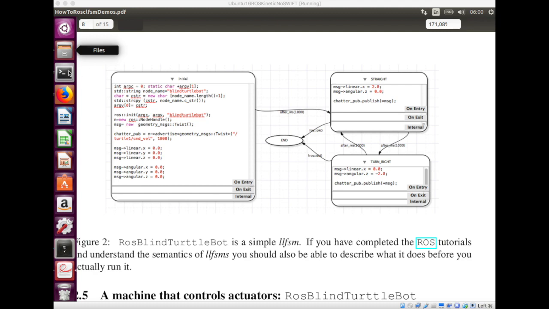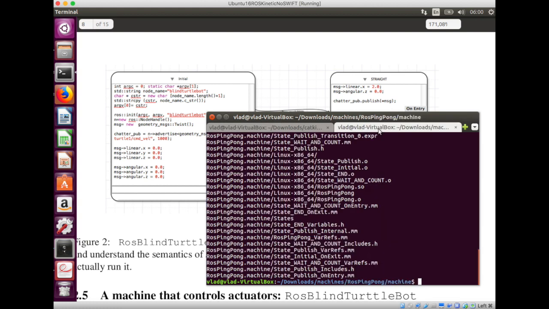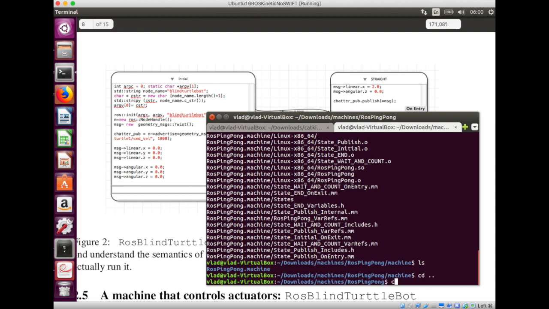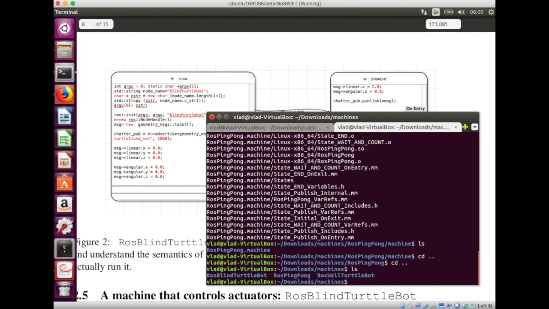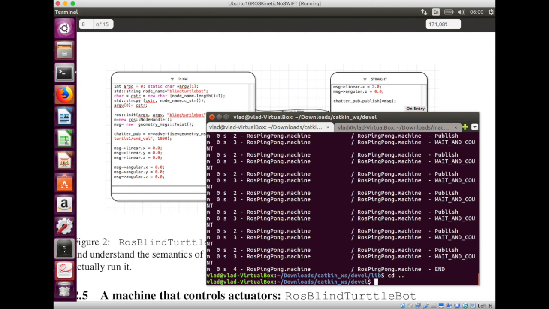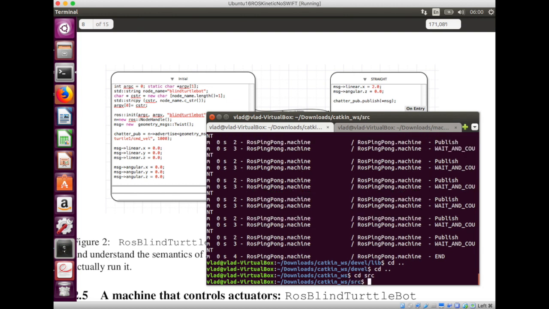The process is going to be very similar as before, right? We need to create the package, all right? So I have another window where the downloads are. Remember that the machines are in there, so in our downloads we not only had ROS ping pong, but we're going to have a look at the second one that we downloaded, and we call it blind because it doesn't use any sensors. Alright, so I'm going to copy this, and remember that here we created a package, and because it doesn't need any sensors or anything like that,